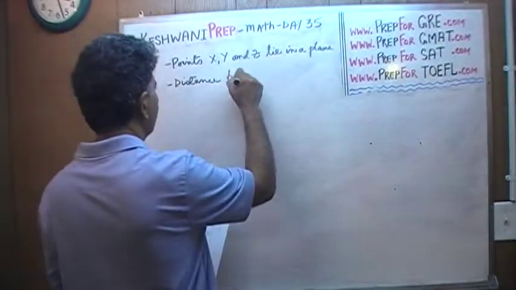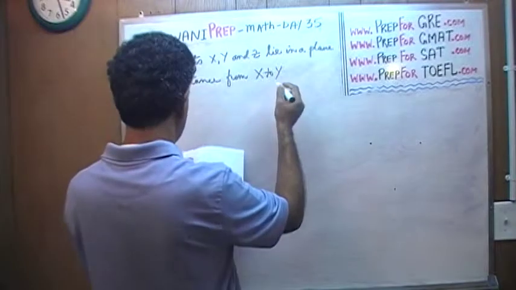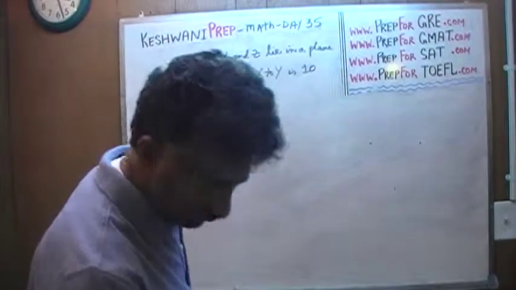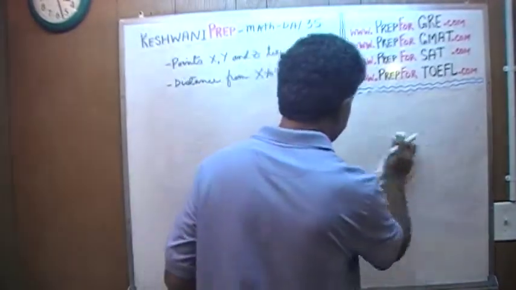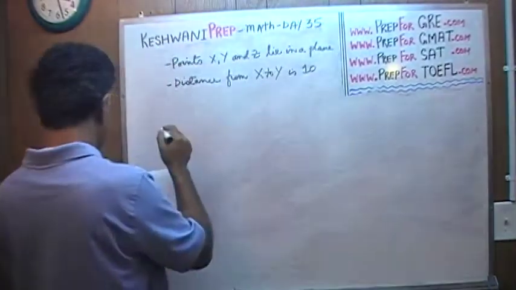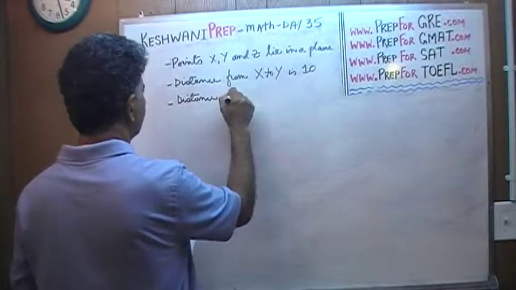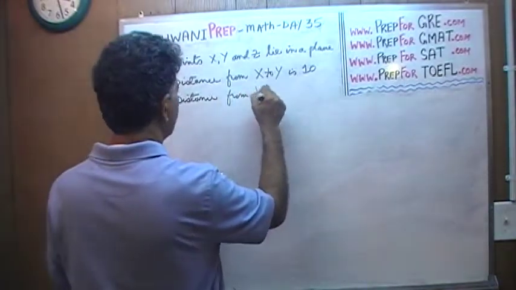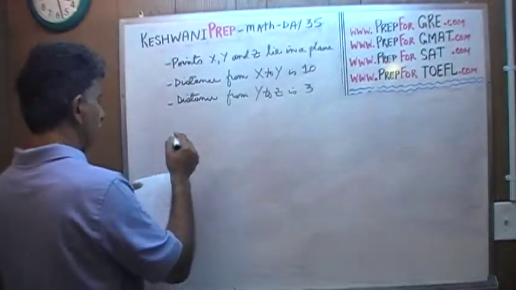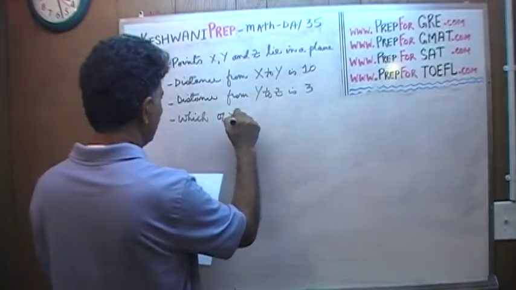Distance from X to Y we are told is 10. So let's put it here, X and Y, a distance of 10. Distance from Y to Z is 3. And the question simply is, which of the following